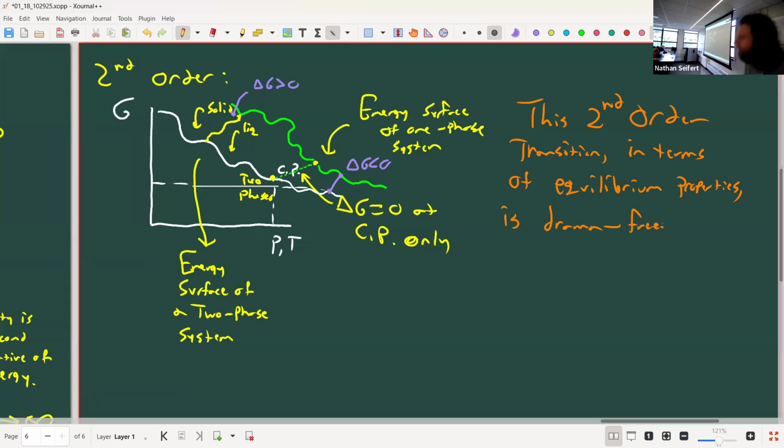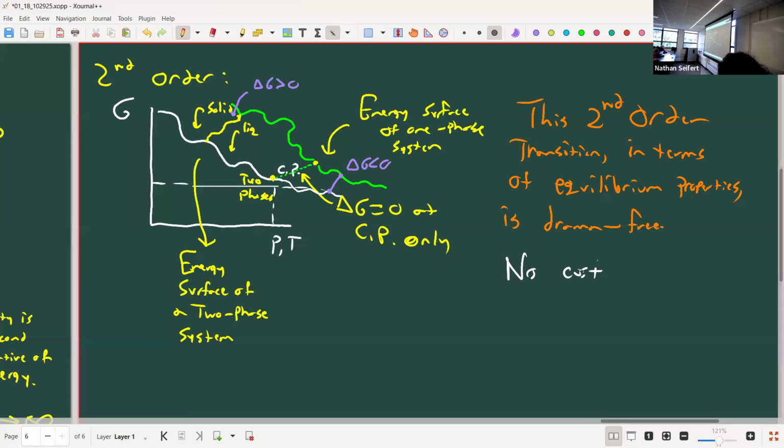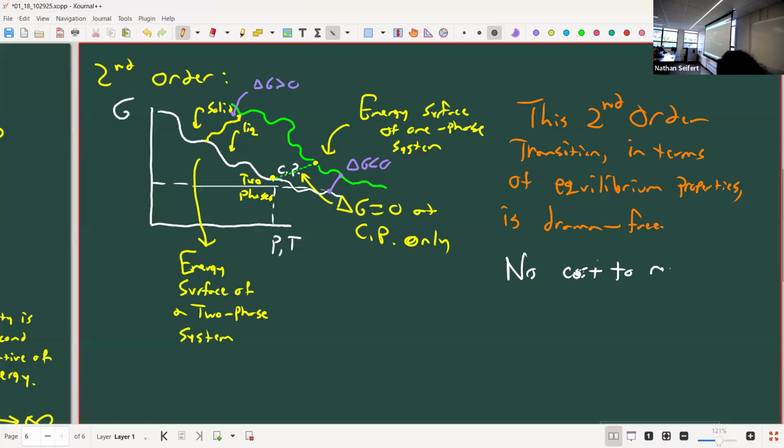If the conditions are available, it can do it no matter what. It's perfectly allowed. There's no cost to rearrange from two phases to one phase